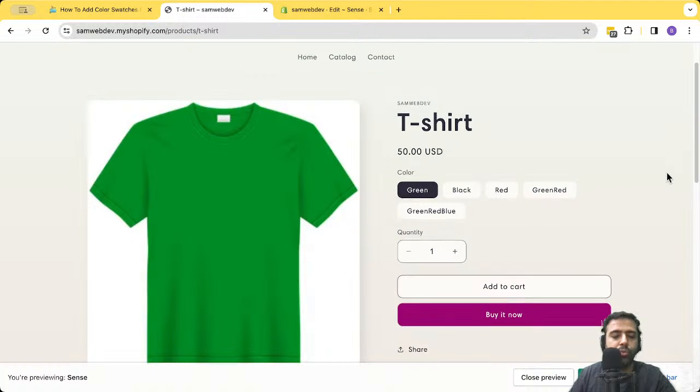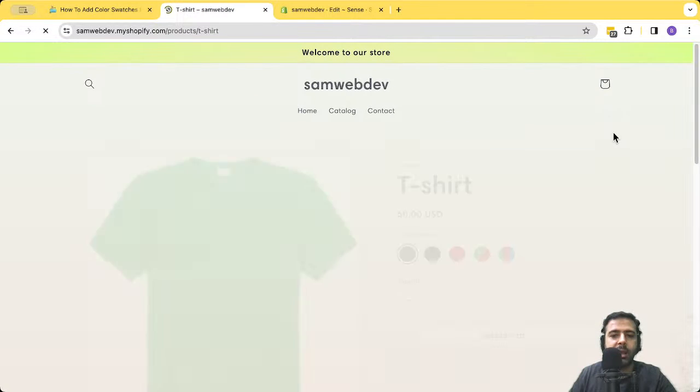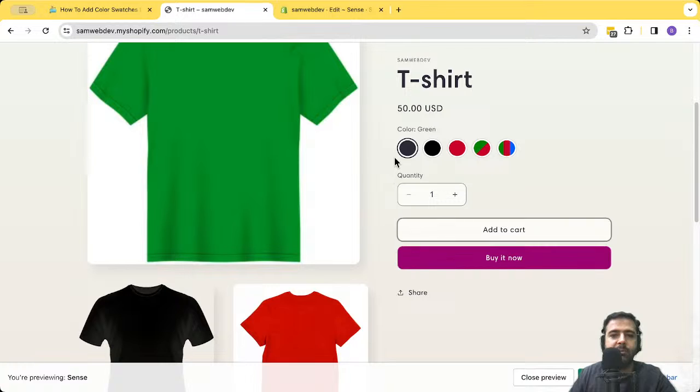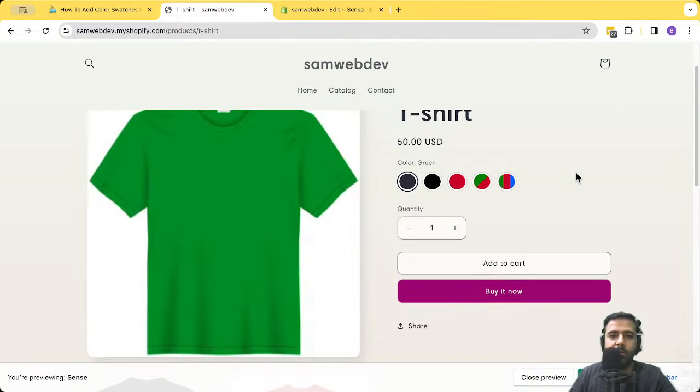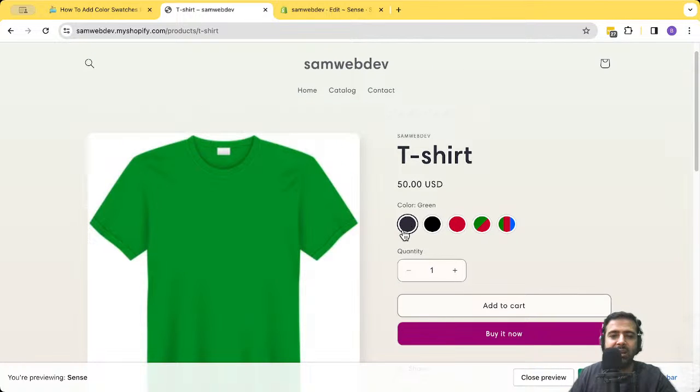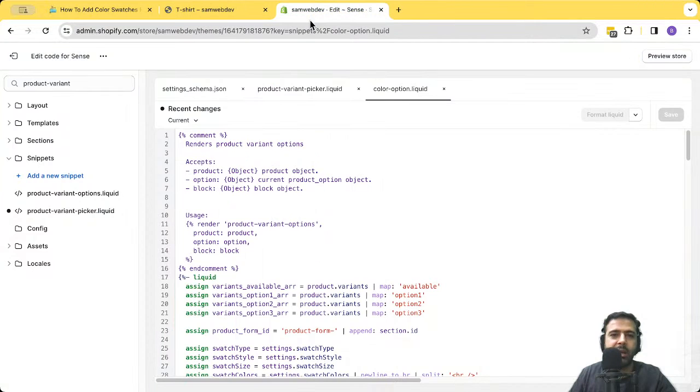Now I'll just go to the product page and hit refresh where I have the swatches. You can see that my colors are showing up fine, but my green color is showing up as black. What's the reason for that? Because when I go to my customize,